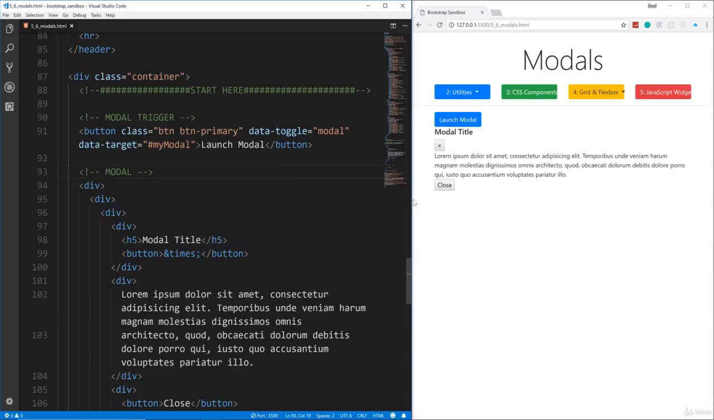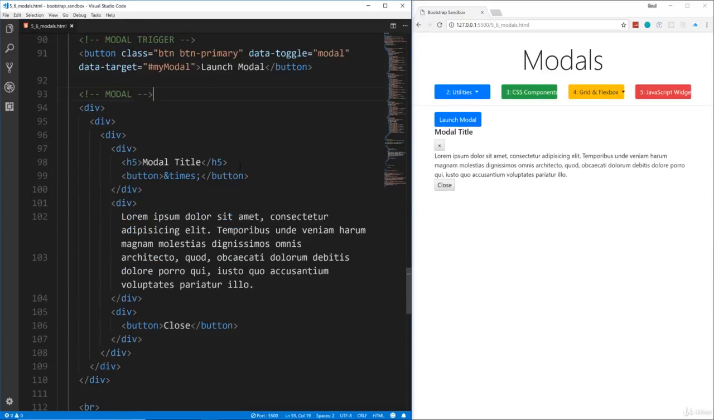All right, so if we save that, you'll see our button, and then our modal is going to be right here. So this needs some specific markup. So this div here is going to have a class of modal, and then it should also have the ID that we want to target. So in this case, it's going to be my modal because that's what we put above. And then in here, this div is going to have a class of modal-dialog. And then we have another div with the class of modal-content, which will wrap whatever content is in the